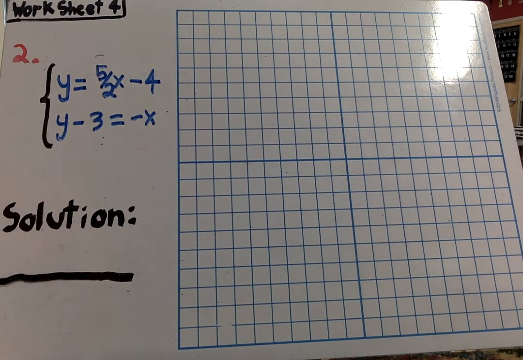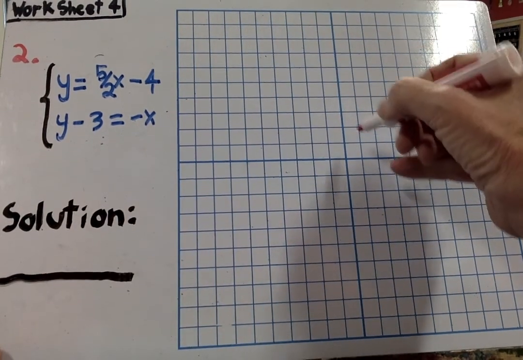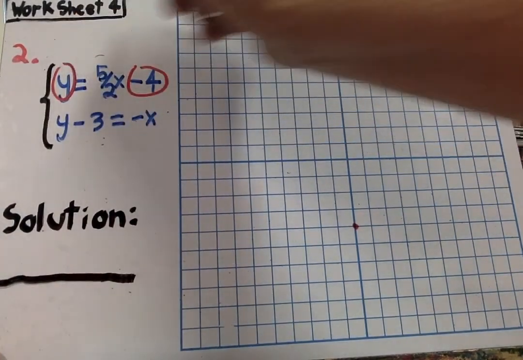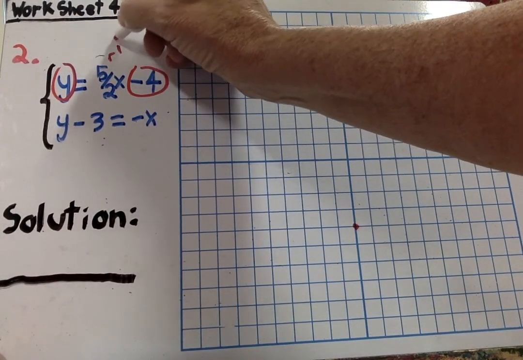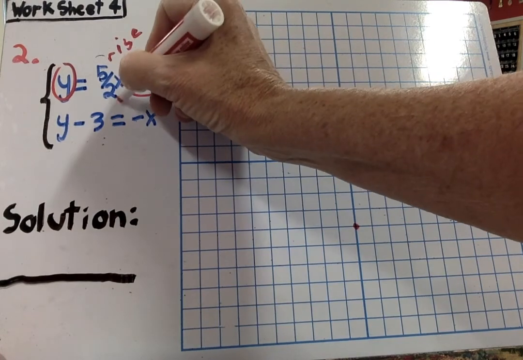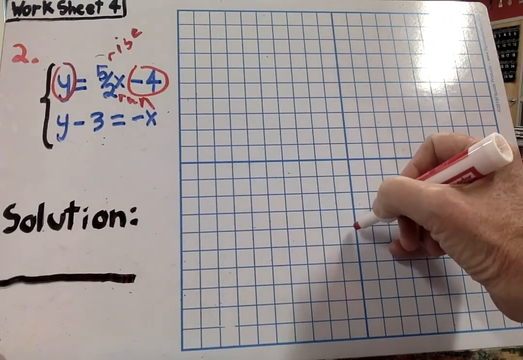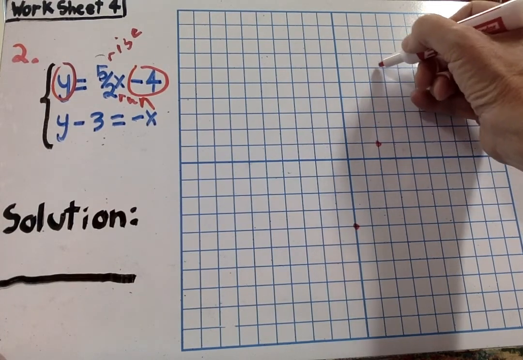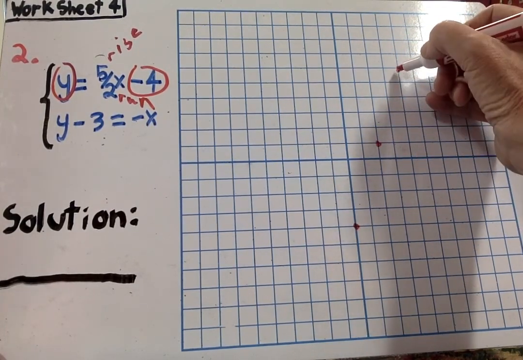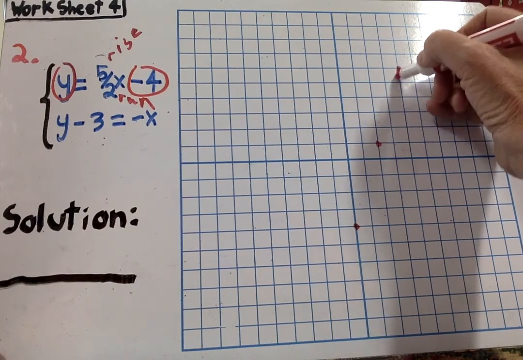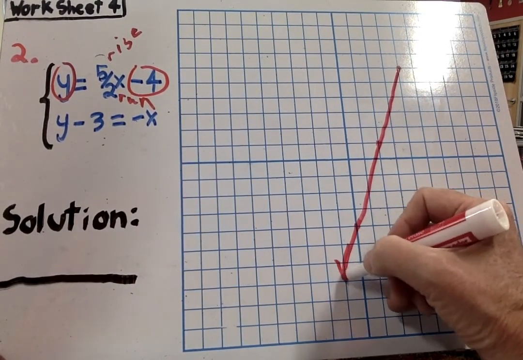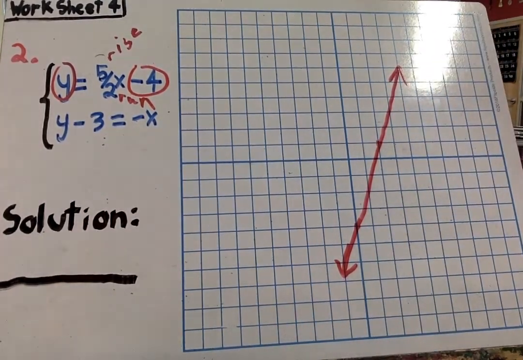Okay, so we're going to start out on number 2, y equals 5/2 x minus 4. That means we start at -4 right here on this axis. This tells me how much to rise after I put my point over how much to run. So from -4, I go up 5 and over 2. And I'm going to go ahead. There's my first line. Second line,